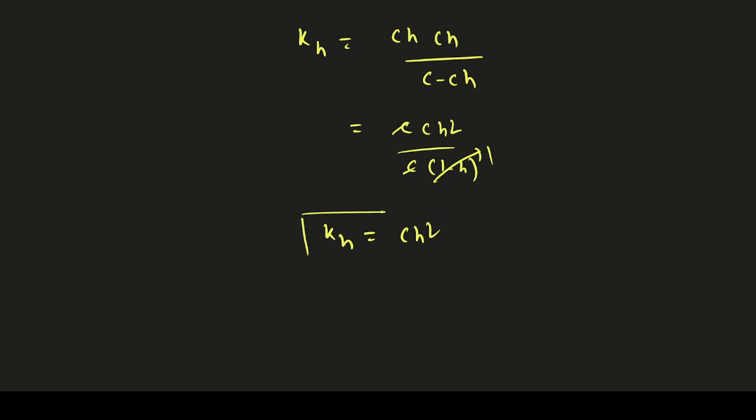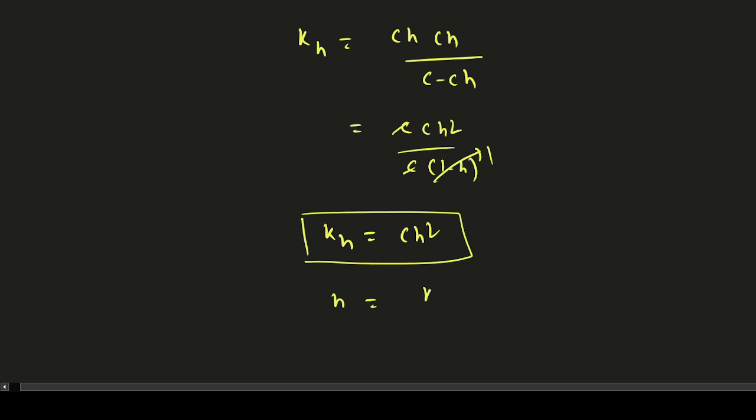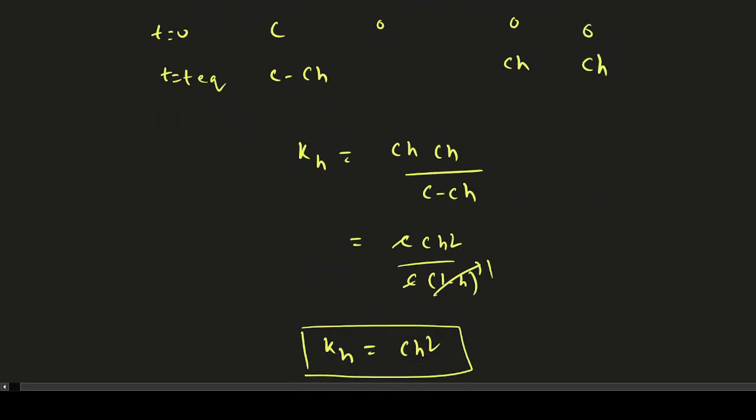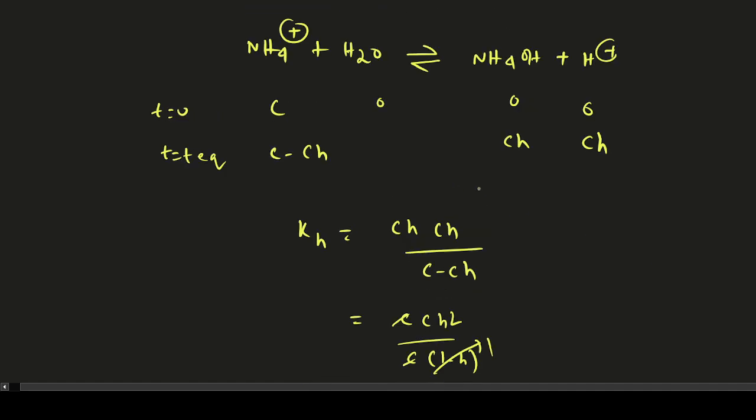Okay, this is the KH value, and h equal to root over KH by C. This is the value of h. So we want to write the H plus concentration. Here H plus is already present. So for H plus concentration or OH minus concentration, we will take from here only, or we will take from